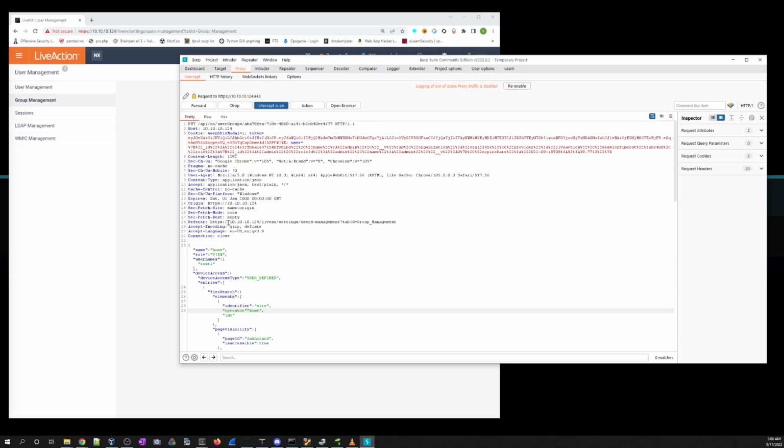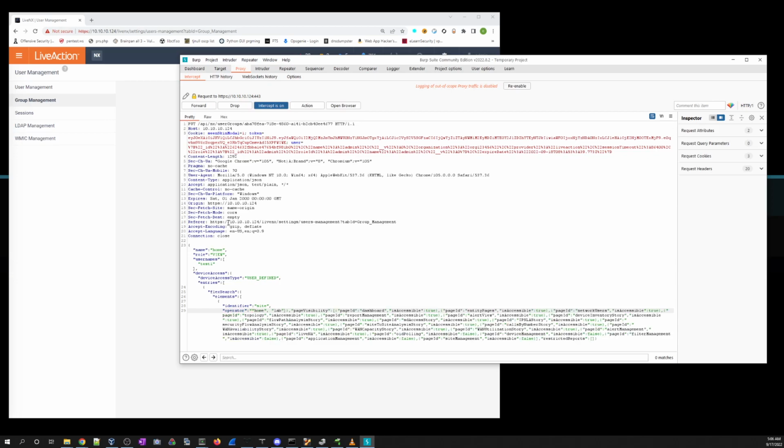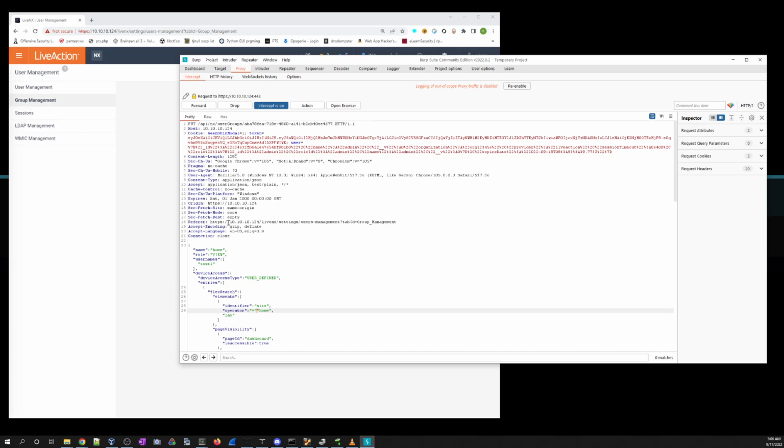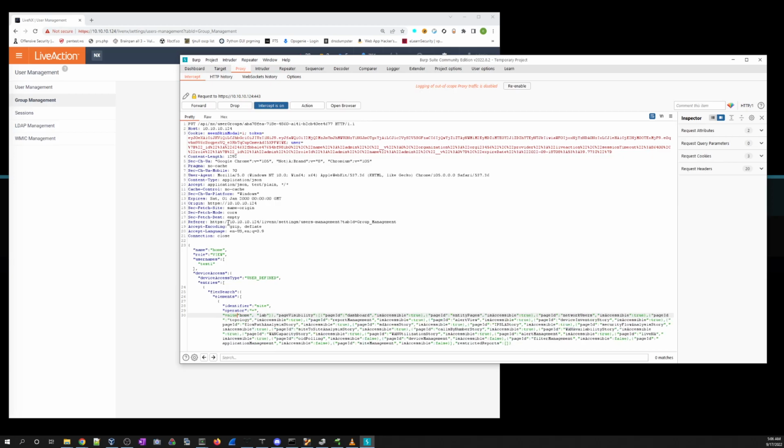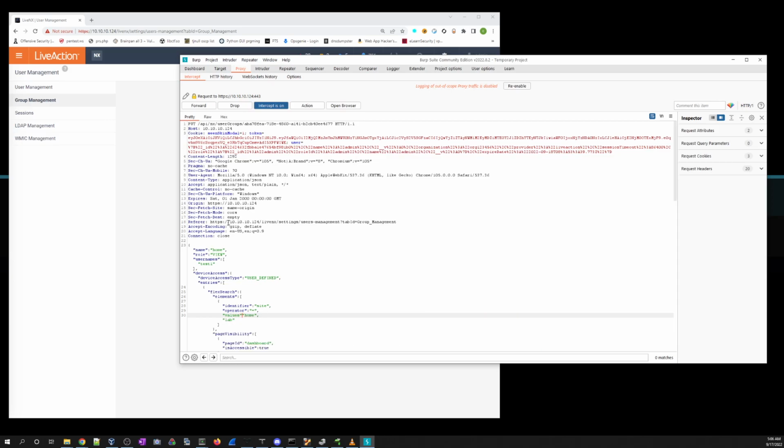Operator equals, and then finally values, square brace, and then our sites. So we've got sites, end square brace, end curly brace,